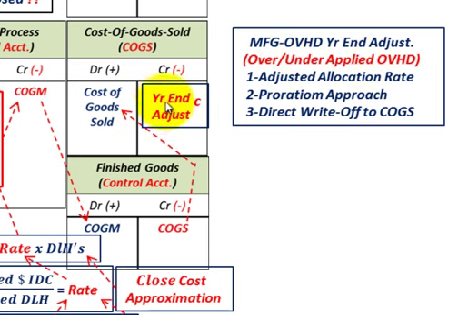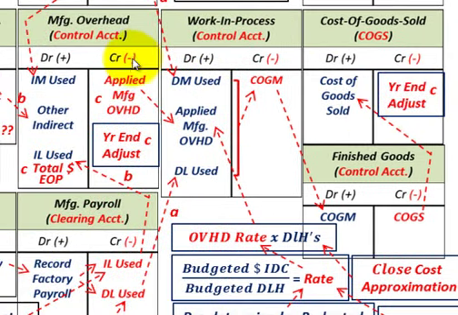So the direct write-off is easy. Whatever you under or over applied goes directly into your cost of goods sold as a year-end adjustment. But these other approaches are where it gets rather technical, and they're going to affect all your indirect accounts and how you manage those indirect accounts. What you're really doing is recalculating that overhead rate for the year. You're going to look at your total indirect costs versus your total direct labor, and you're going to come up with that new